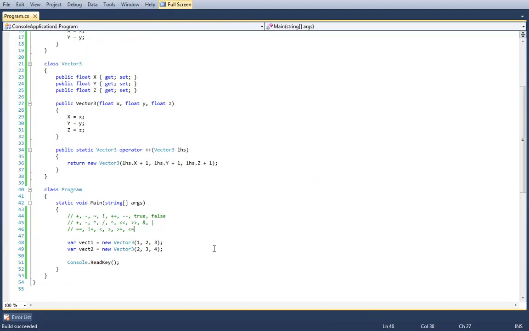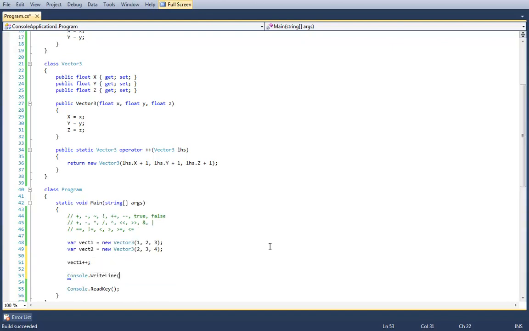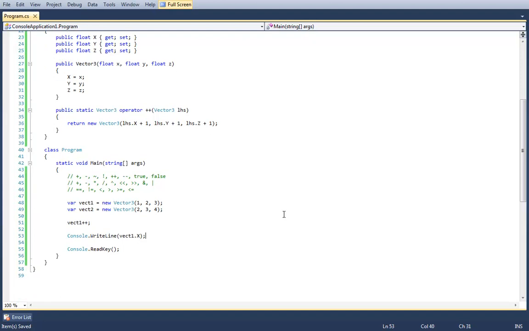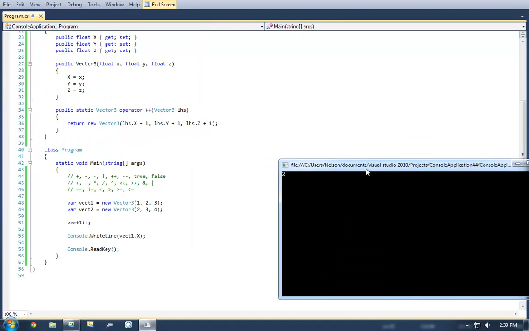So now what we can do is say vect1++, Console.WriteLine vect1.x. What is the output to this program? And we get 2, just like everybody guessed.